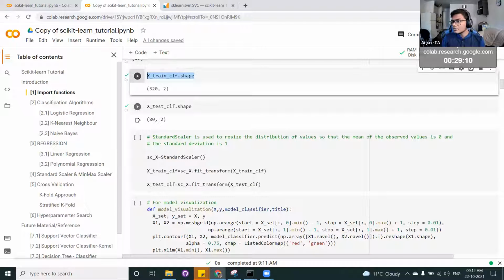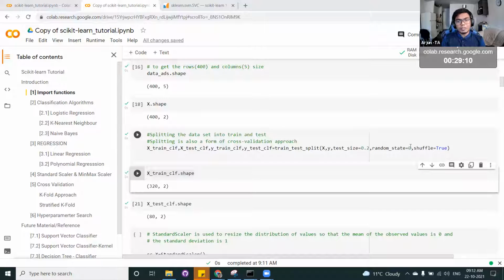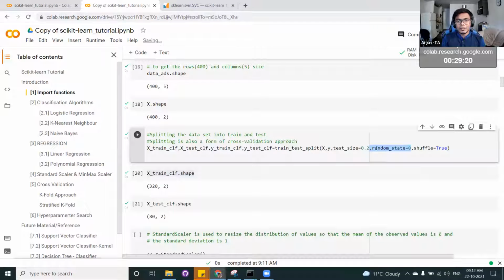I have a question: will it be fine if we use random state and shuffle together? Yeah, generally you should use some random state because the shuffling and splitting happens randomly, so it will be hard for you to reproduce your results. We should always have some random states or seeds initialized in the project so that however many times you run, you get the same result.